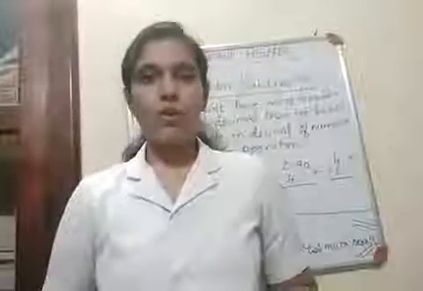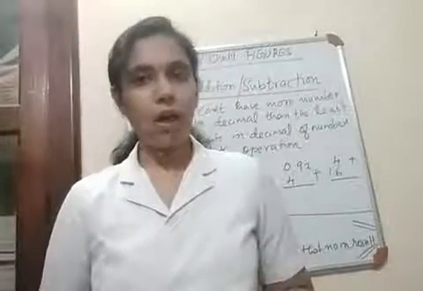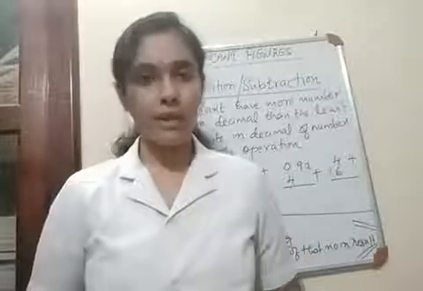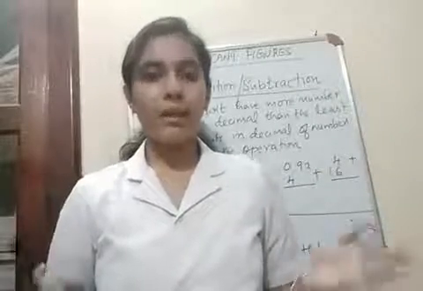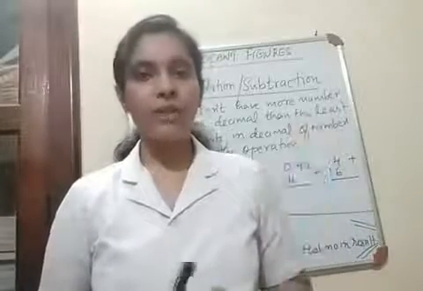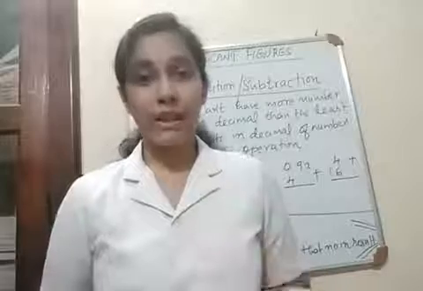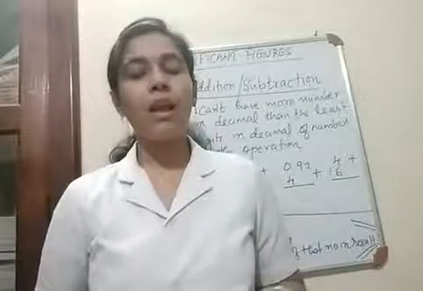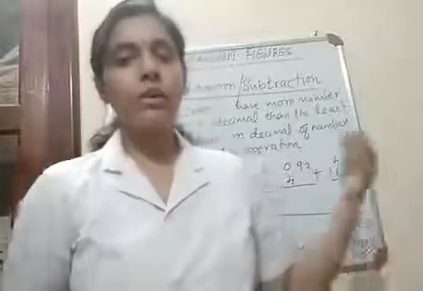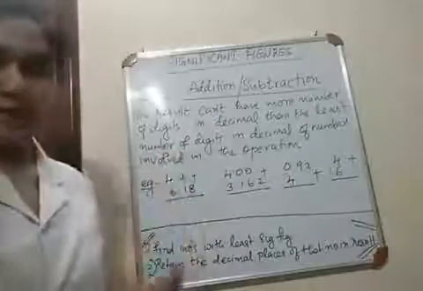Children, so we had discussed the rounding off. Next we can do the calculations involving significant figures. So mainly there are two rules here. One rule for addition or subtraction and another rule for multiplication or division. Okay. So first we will discuss the rule for addition and subtraction. The rule is already stated here.